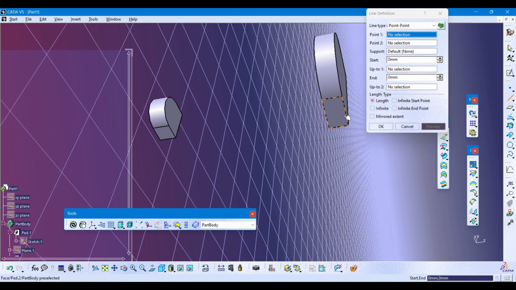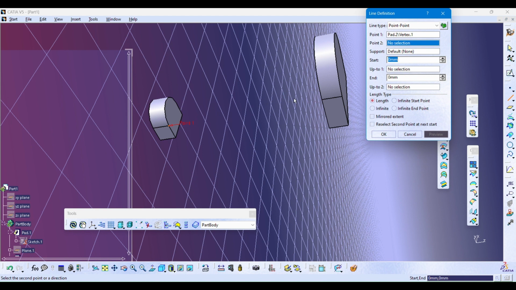Double click on line. I'm going to create some lines between these points. I have selected line type as point and selected point 1 as this vertex and point 2 as this vertex, and click on preview. It will create a straight line between those 2 points,